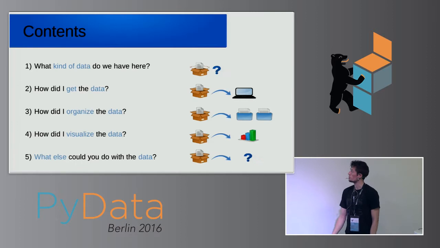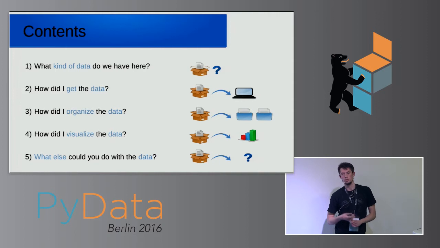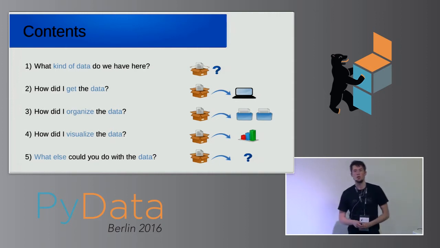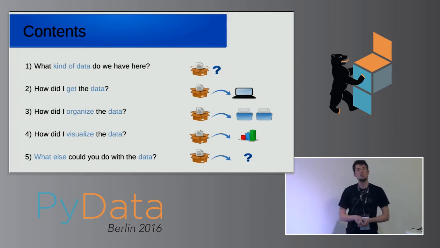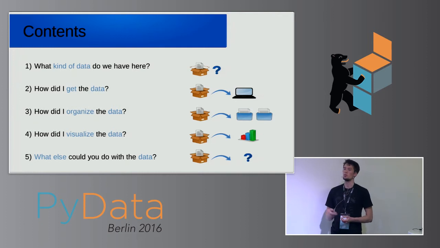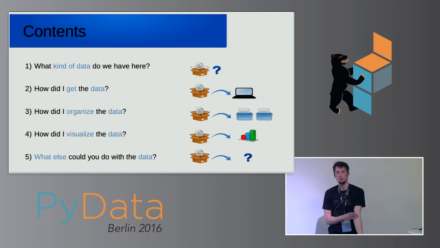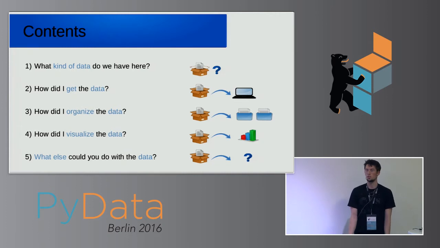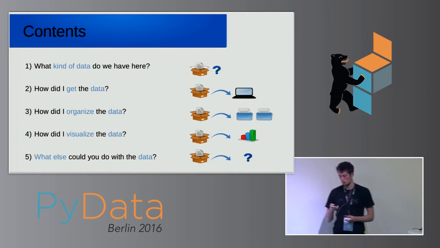Now in this talk, what I want to talk about is what kind of data do we have on this website? What are these requests made of? Then I want to tell you how I got this data, how I try to organize it to make it more useful or to handle better. And the main part will be about how I visualize it and how you can ask questions to this data set. And then in the end, because I still have many things that I want to do with it, I will tell you about that. And that will be it.